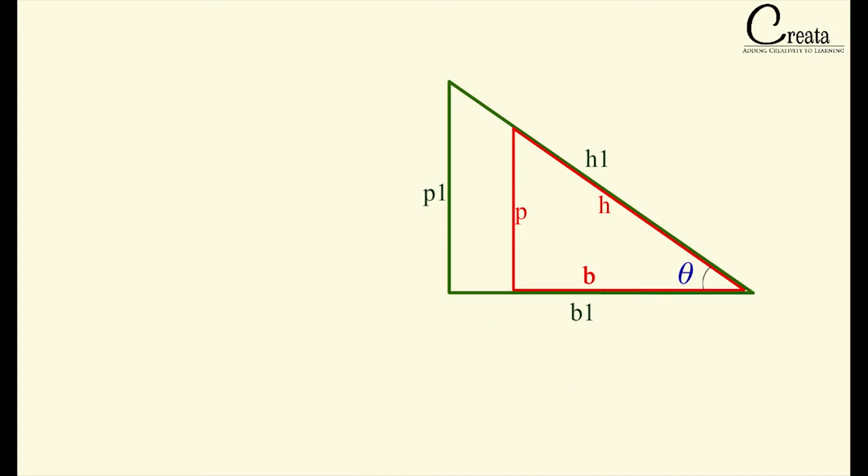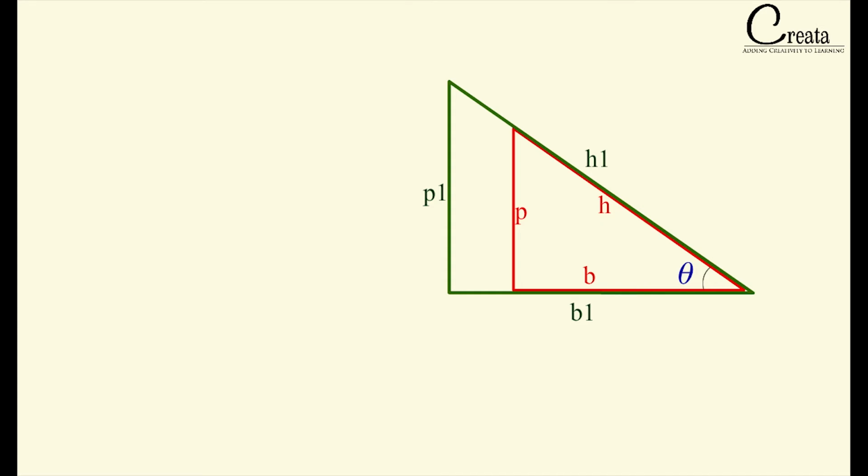The common thing in both the triangles is angle theta. It is fixed for both the triangles. Mathematicians have observed that this is important, need your full focus please. Mathematicians have observed that for right angle triangles having the same angle theta, the ratio of any two sides will be the same. I am repeating, for two right angle triangles having the same angle theta, the ratio of any two sides will be the same. I will explain this further with an example.